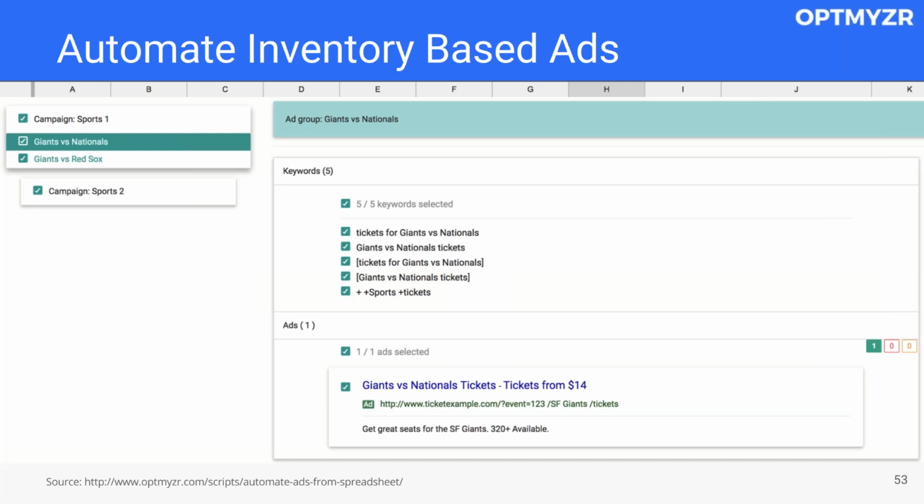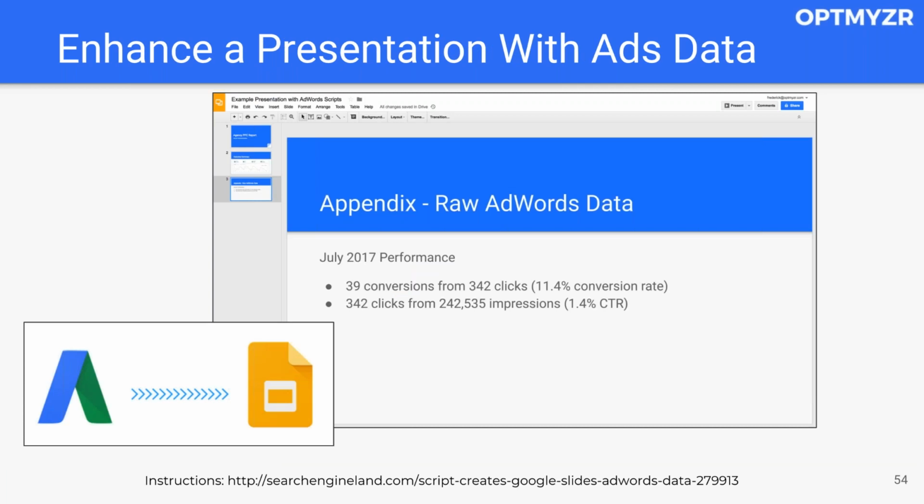Another one we built recently is automatically appending Google Slides with some data from your account. So this is great for having an appendix, right? You usually put together some custom slides to show to your boss or to show to your client. But what we can do in this case is we can automatically put the raw underlying data in